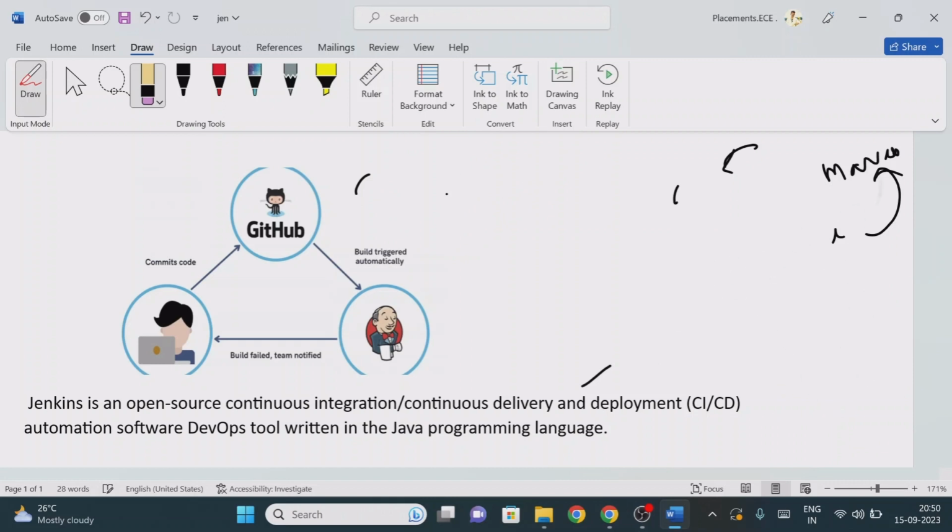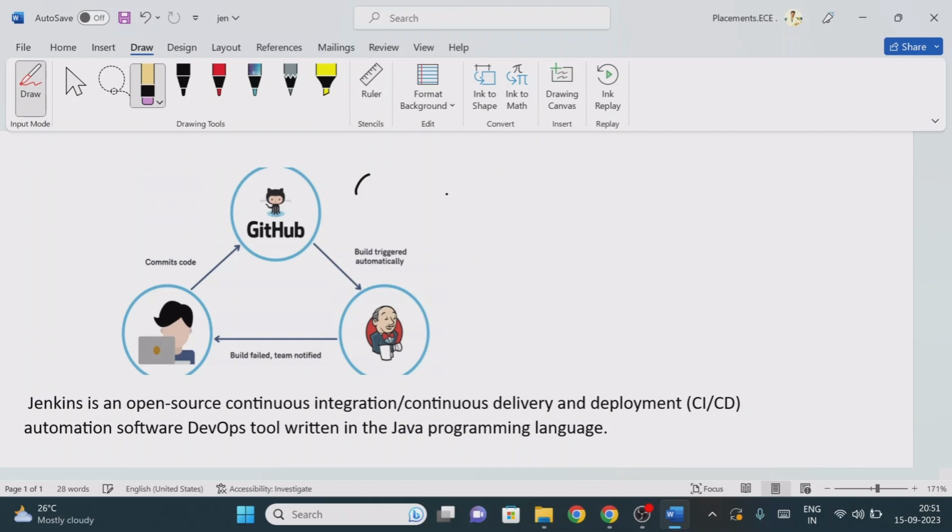If there are any bugs, automatically it will be sent to the corresponding developer. Then if there is any bug on the developer side, the developer will fix the code and put it into GitHub or a central repository. Then checks will be performed again, test quality and code quality. If everything is fine, it will automatically be converted into the executable file, then into production, then servers will be installed, then the application will be deployed